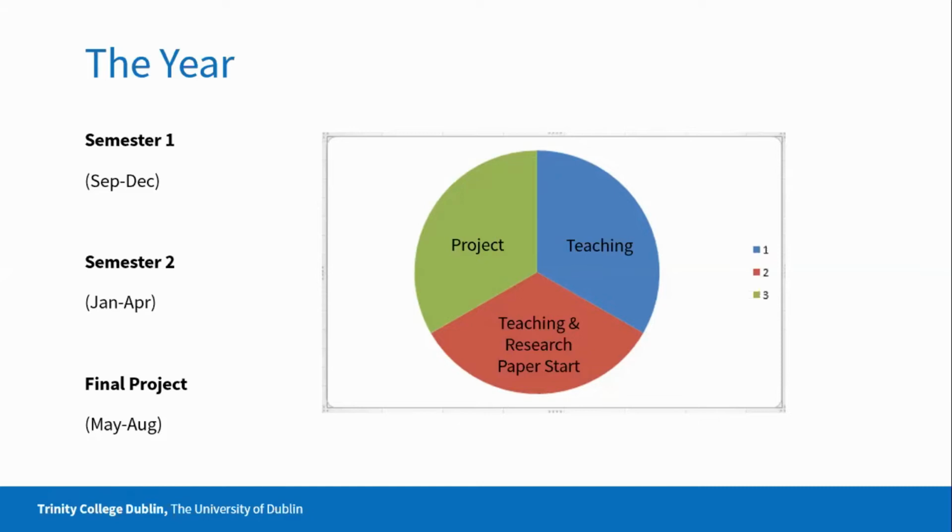We also have something called the research paper, which is a mini dissertation. Some of you might be familiar with dissertations. They appear on many master's courses, and it's an individual project, typically quite an academic project. Each student will pick a topic that they're interested in, define a research question that relates to that topic, and then explore that topic by reading conference papers, journal papers, and books, and then develop an academic argument around that topic. So the research paper also runs during those 2 semesters, and then over the summer we have the project, which